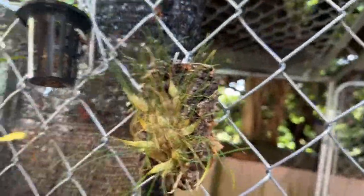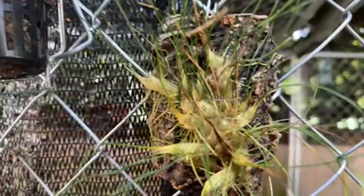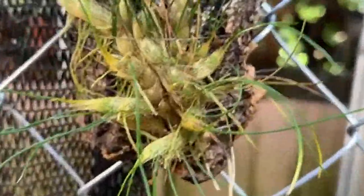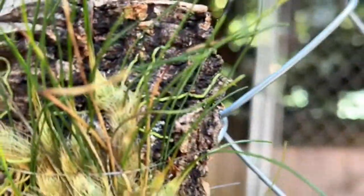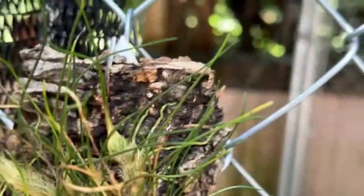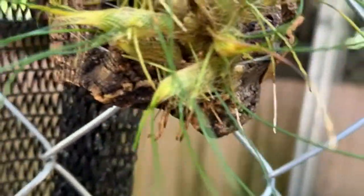Here is a special plant. This is Isabelia virginalis. This is a species. And I bought this plant to give it a try, more or less because I had increased confidence in growing more intermediate tempered plants. And this one I had always assumed was a terrarium plant, and it perhaps does need high humidity in order for it to thrive. But since I've had it, which hasn't been long, maybe about a month,